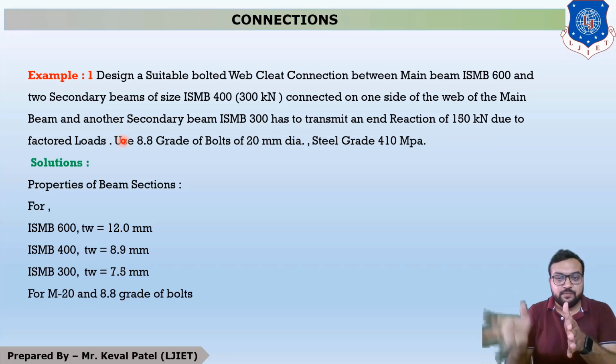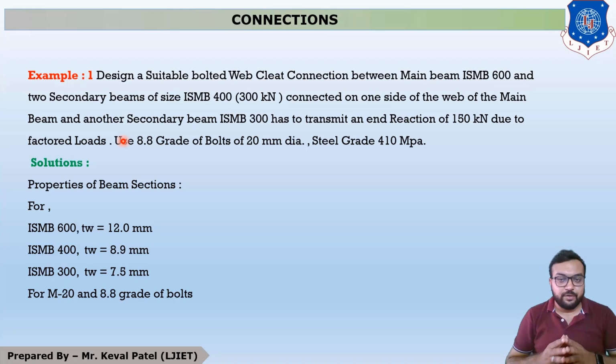This beam transfers 300 kilonewton and this beam transfers 150 kilonewton. It means our main beam takes a total of 300 plus 150, which is equal to 450 kilonewton. Okay, so all the calculations remain the same. Use 8.8 grade bolt and